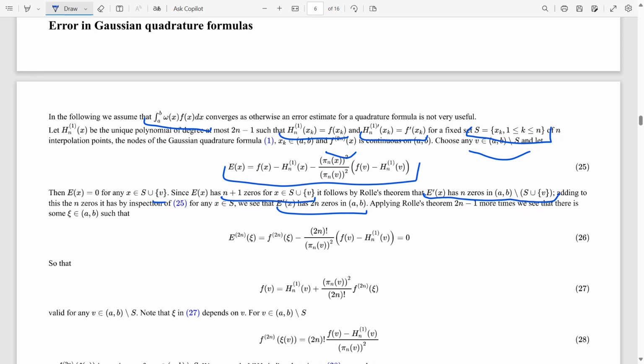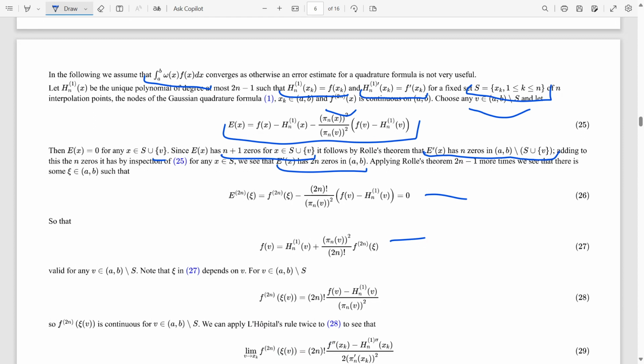Applying Rolle's theorem 2n minus 1 more times, we get to here. This produces the error here for v in AB, forget about S. Solve for f2n of xi of v,